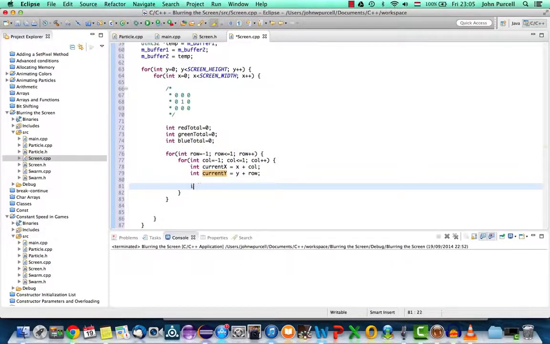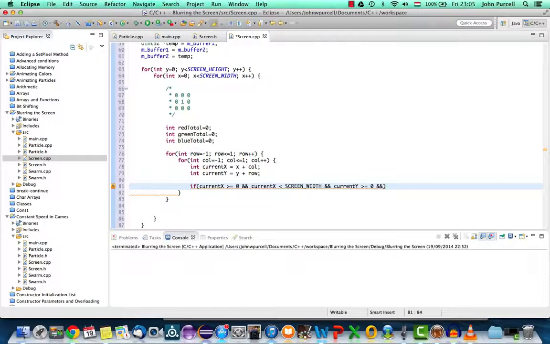So let's say here, if current x is greater than or equal to 0, and so we want a logical and, which in C++ you use 2 ampersands, and also we need to say that the current x must be less than the screen width, because the maximum x we can have is 1 less than the screen width, because we start numbering at 0 and we've got screen width number of pixels. This is an array. So we need to make sure that x is between these 2 values, and also we must have current y is greater than or equal to 0,